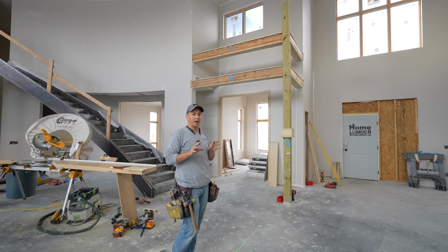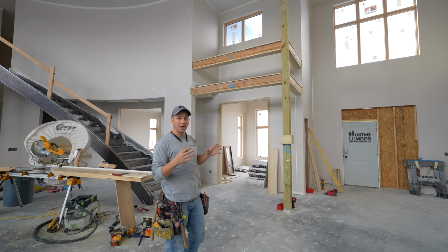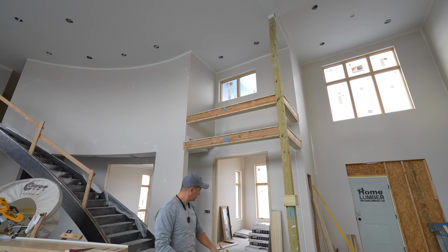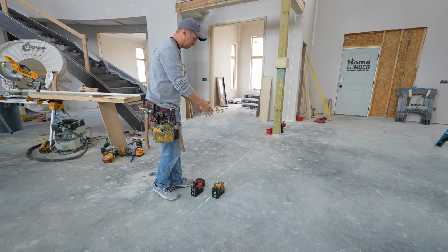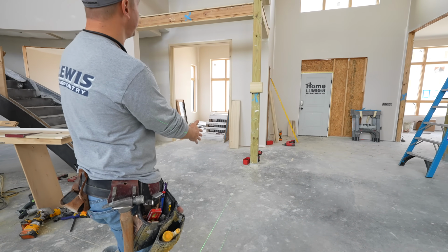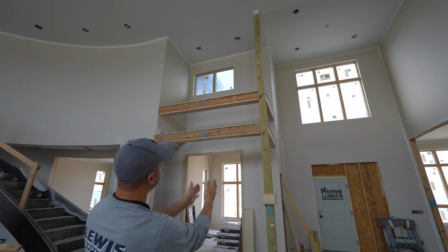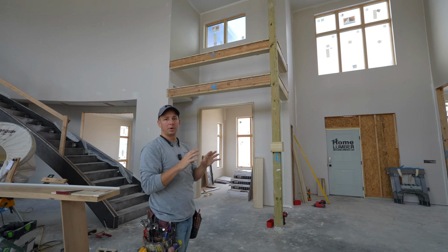So the first thing I had to figure out was how wide of a column I needed to make in order to accommodate the bow that is in this post. Now to do that, I ended up using two green line lasers here. I've got those positioned on the ground, and what that allowed me to do was to basically line them up so I could capture the widest section with these two line planes, so I would know the minimum post dimension